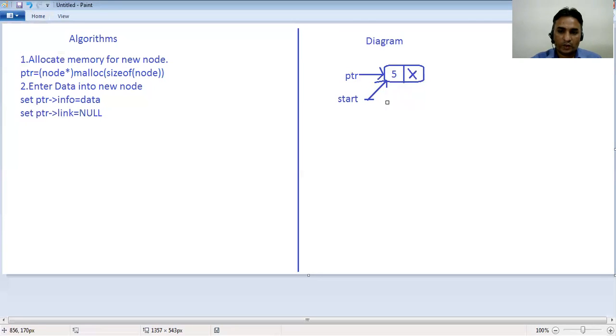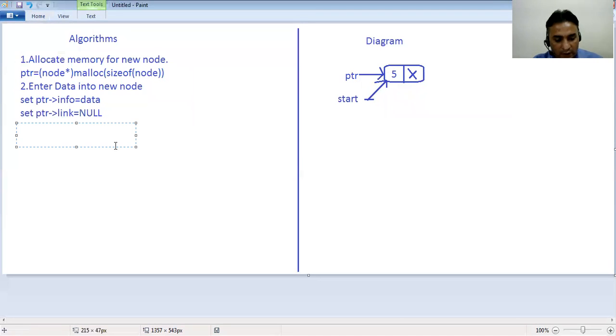So this is the node which will be added at last position into the linked list. So what we did here is the addition of a new node at last position when our linked list is empty.